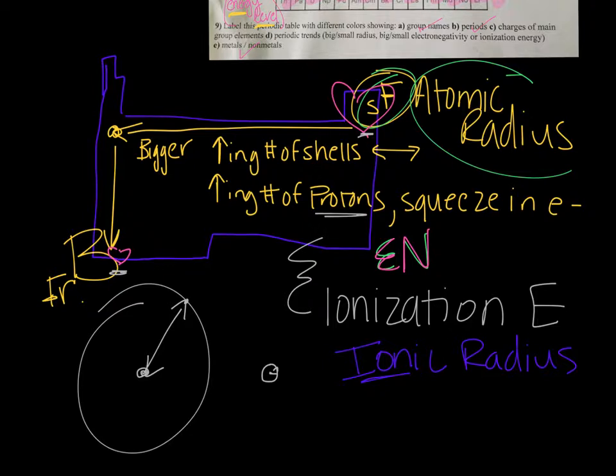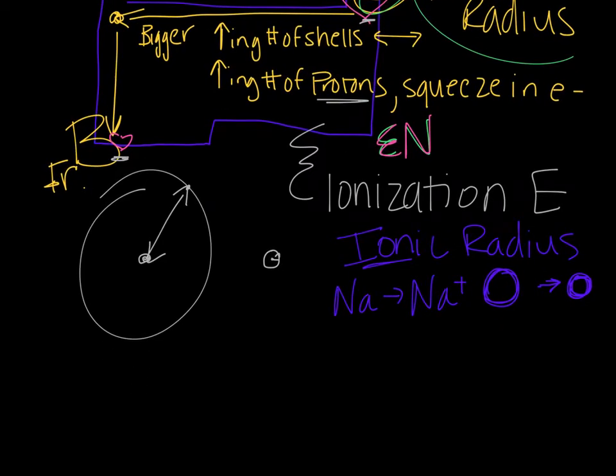So things like sodium, when it becomes sodium minus the electron that it gave away, you're looking at a big thing going down to a small thing. So as I become more positive, I get smaller. Or if I get rid of electrons, I become smaller. On the other hand, if I have something like fluorine going to fluorine -1, so it takes on an electron, we're going from something small to poofing out